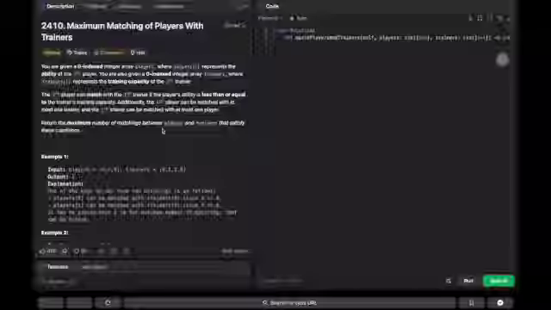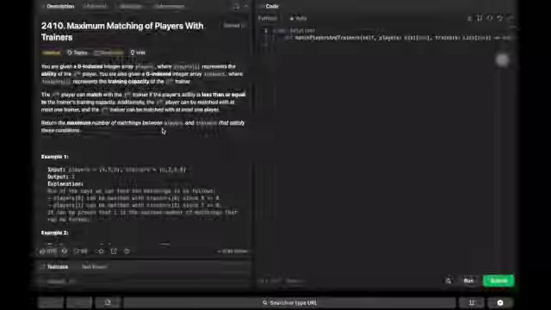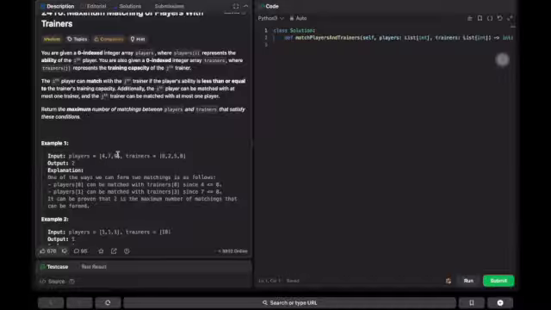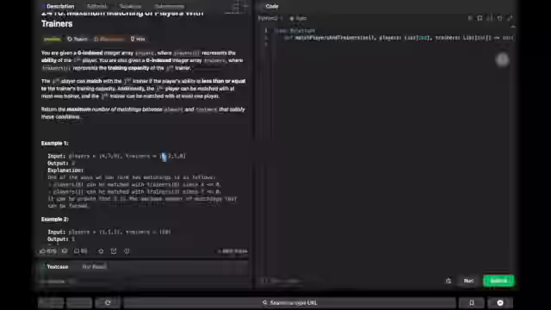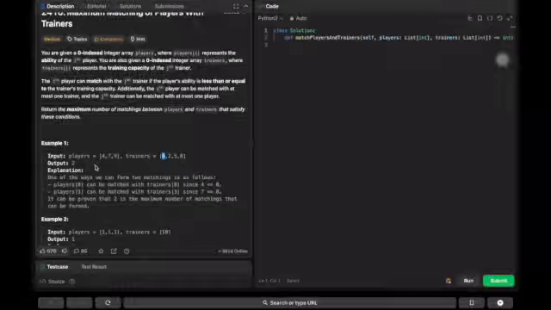Which means we have to try to match most of the players with the trainers. If you look into this example, players are 4, 7, 9 and trainers are 8, 2, 5, 8. If you take the first player with ability 4, we can match him with trainer 0 because he has more capacity than the player.